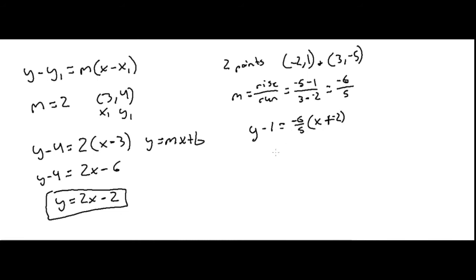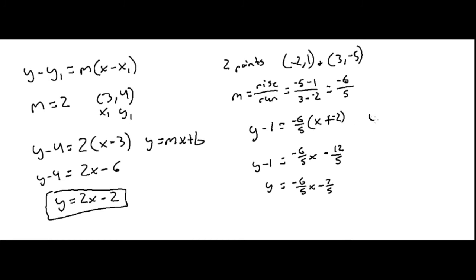And let's say we want to get it to y-intercept form or slope-intercept form. So I'll have negative 6/5 x minus 12/5 is equal to y minus 1. That'll be y is equal to negative 6/5 x minus 7/5. And just to confirm that it doesn't matter which point you use, I'll go through the same process,